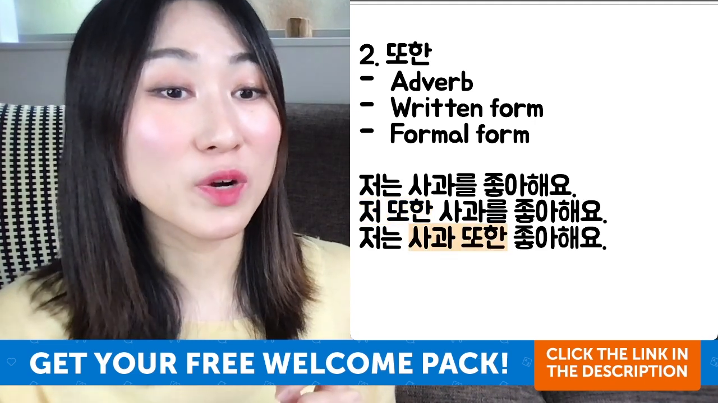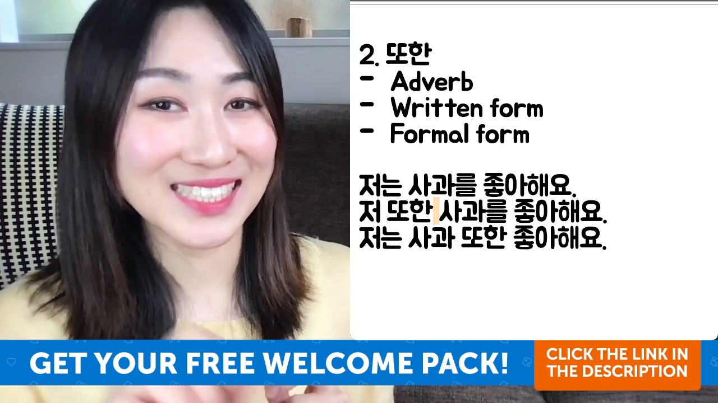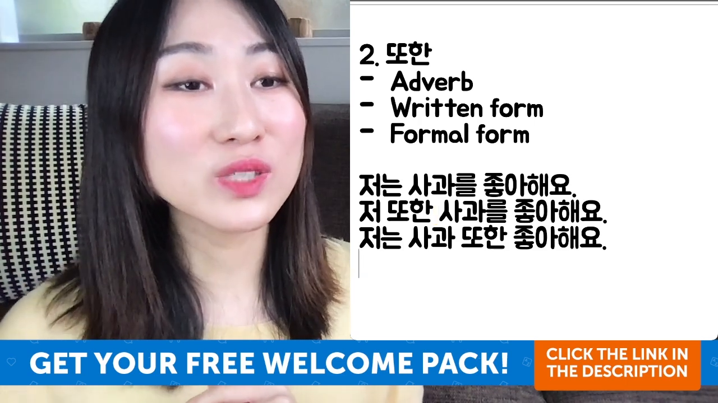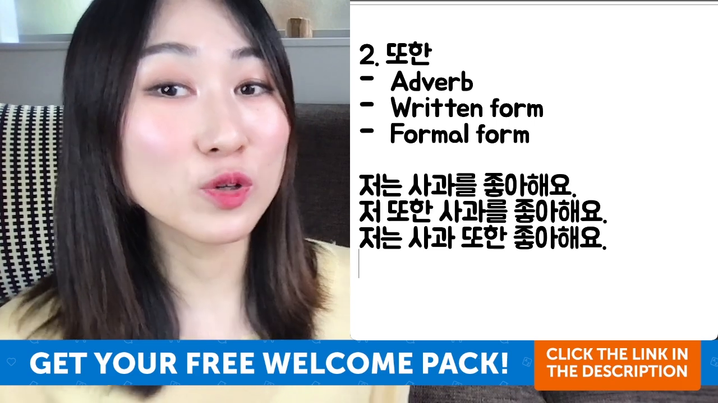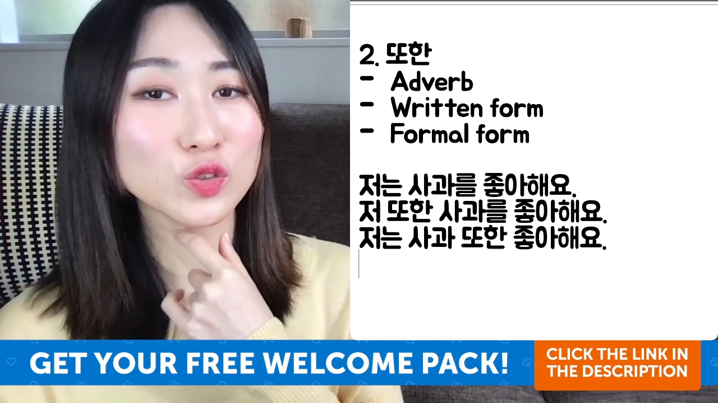But please remember, you do put a space before 또한, after 또한. It's an adverb, so you don't stick it to a noun. And since it's an adverb, you can put it at the beginning of the sentence. Even in English too, right? You can say,